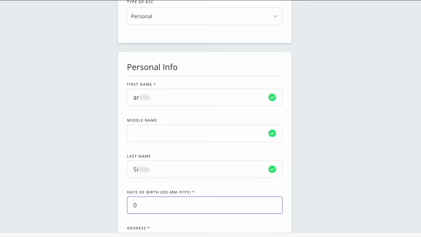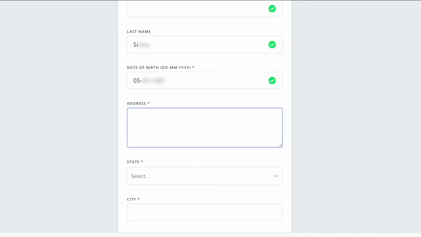That's the date of birth you need to put into this tab. I'll input my address here. Make sure the address is the same as on the ID document which you will submit further.